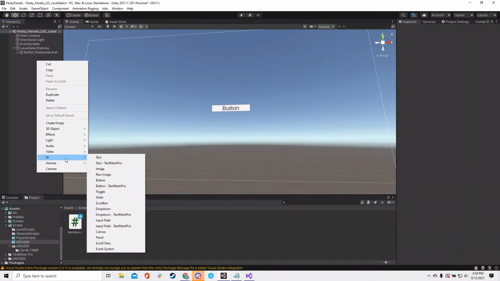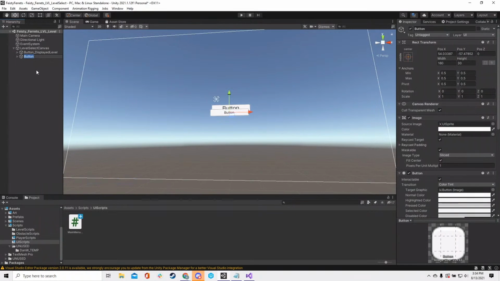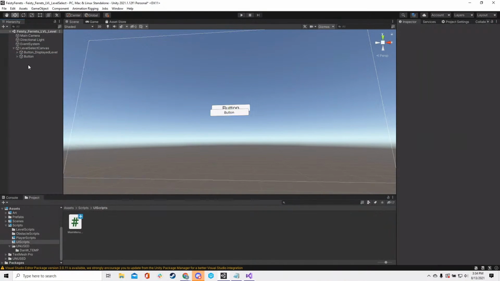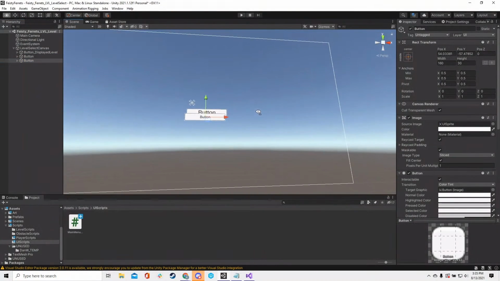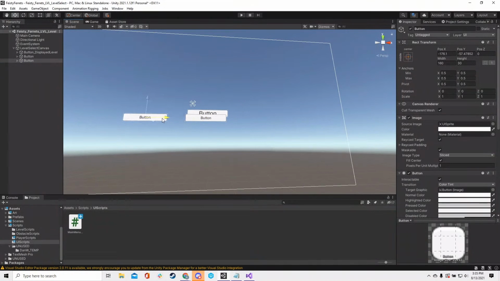And I might change the name later, but I'm also going to just make 2 more for now. Just actually Control C, Control V to copy paste. And oh my gosh, my mouse is being laggy for some reason. So I will say this one is going to be called button previous, and this one will be button